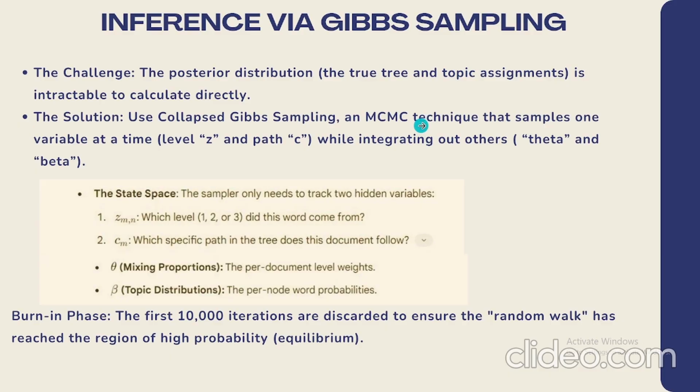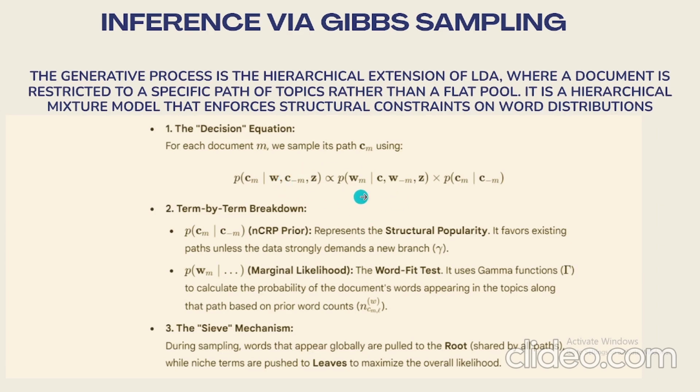The Gibbs sampling algorithm should be able to work in the backward direction and find the hidden paths and levels. The sampler essentially asks two questions for every word: which level did this come from, and which path does this document follow? The decision that we have is a product of